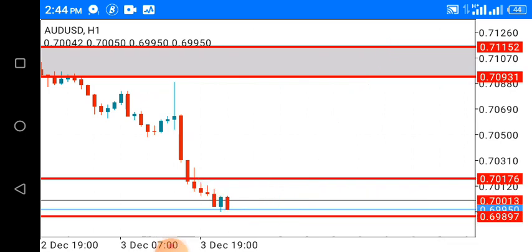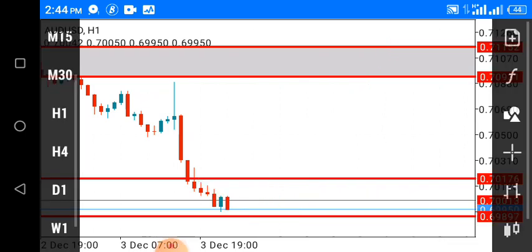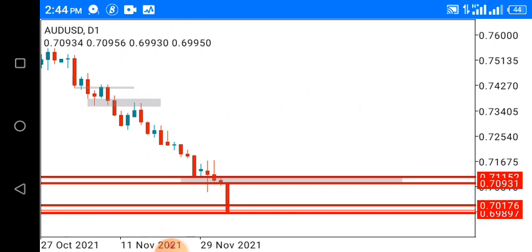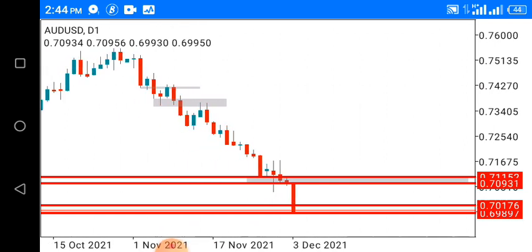So guys, that is what I am looking at for the week. I don't always make my video long because I want it to be insightful. I want you to also learn from it. So you can go to your chart now that the market has not opened yet. Go to your chart and also check and see if you are going to see the same thing that I'm seeing. And don't forget the rules.